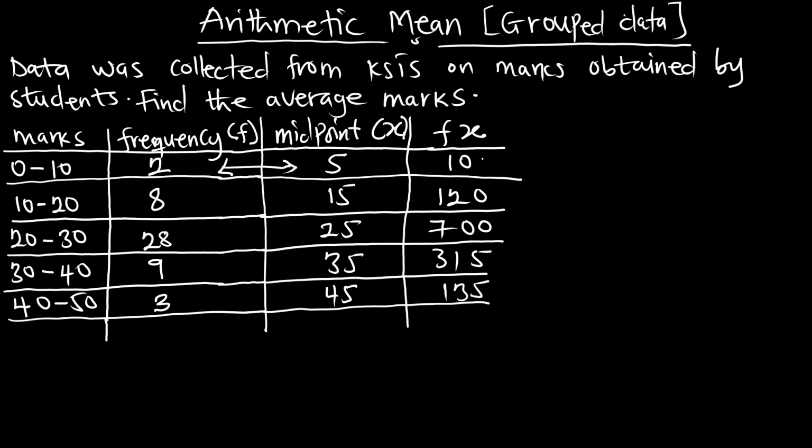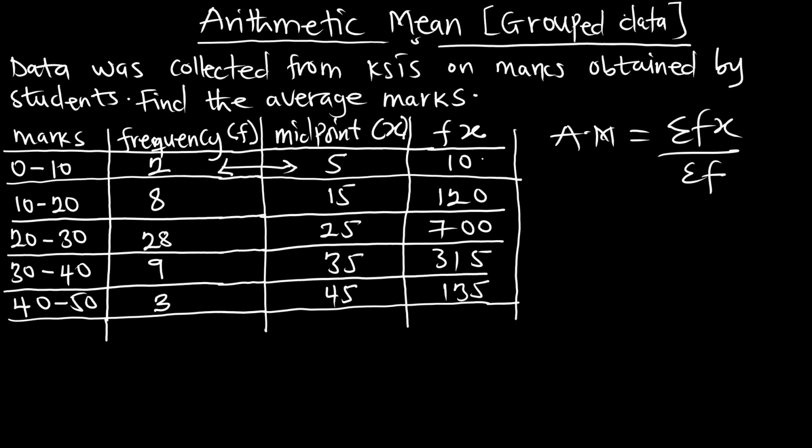So we are done with the table. We know that our arithmetic mean is summation of f of x on summation of f. So we have to find summation of f. So the frequency, 2 plus 8 plus 28 plus 9 plus 3, that is going to give us 50. Now summation of f of x is also going to give us